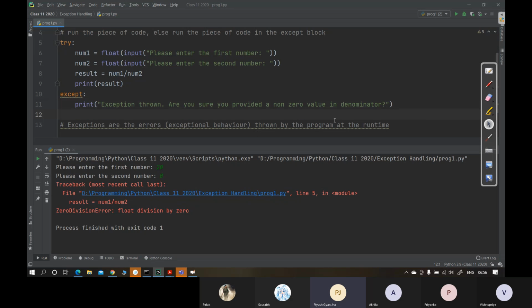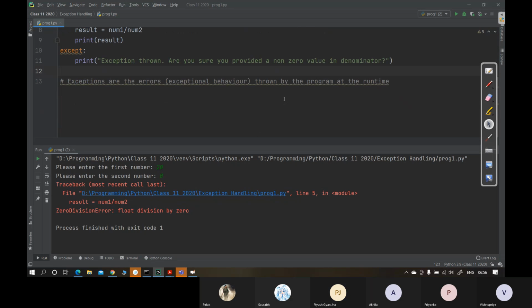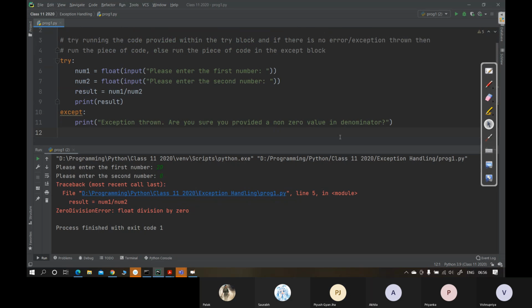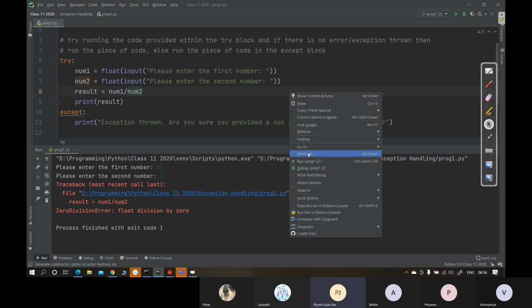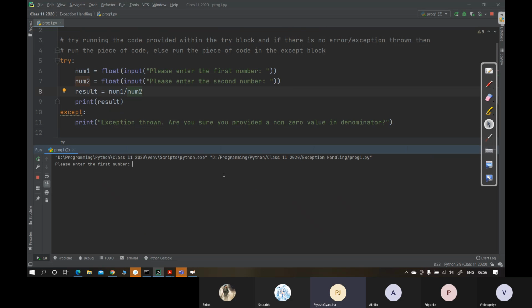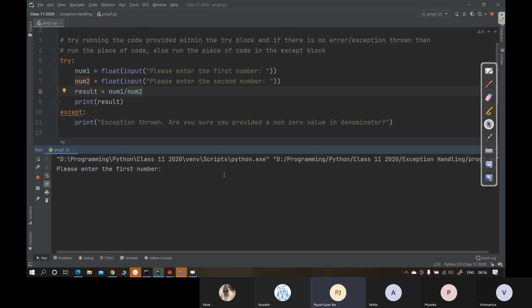ठीक है, तो देखो अब ये क्या होता है. अब इसको रन करेंगे हम, एक नॉर्मल सिनेरियो काम करके दिखाएंगे. लेट्स से 15, first number numerator that is num1 is 15, denominator that is num2 I'll give as 5. Normal scenario work किया, that means try block was run completely, except में गया ही नहीं, it did not enter